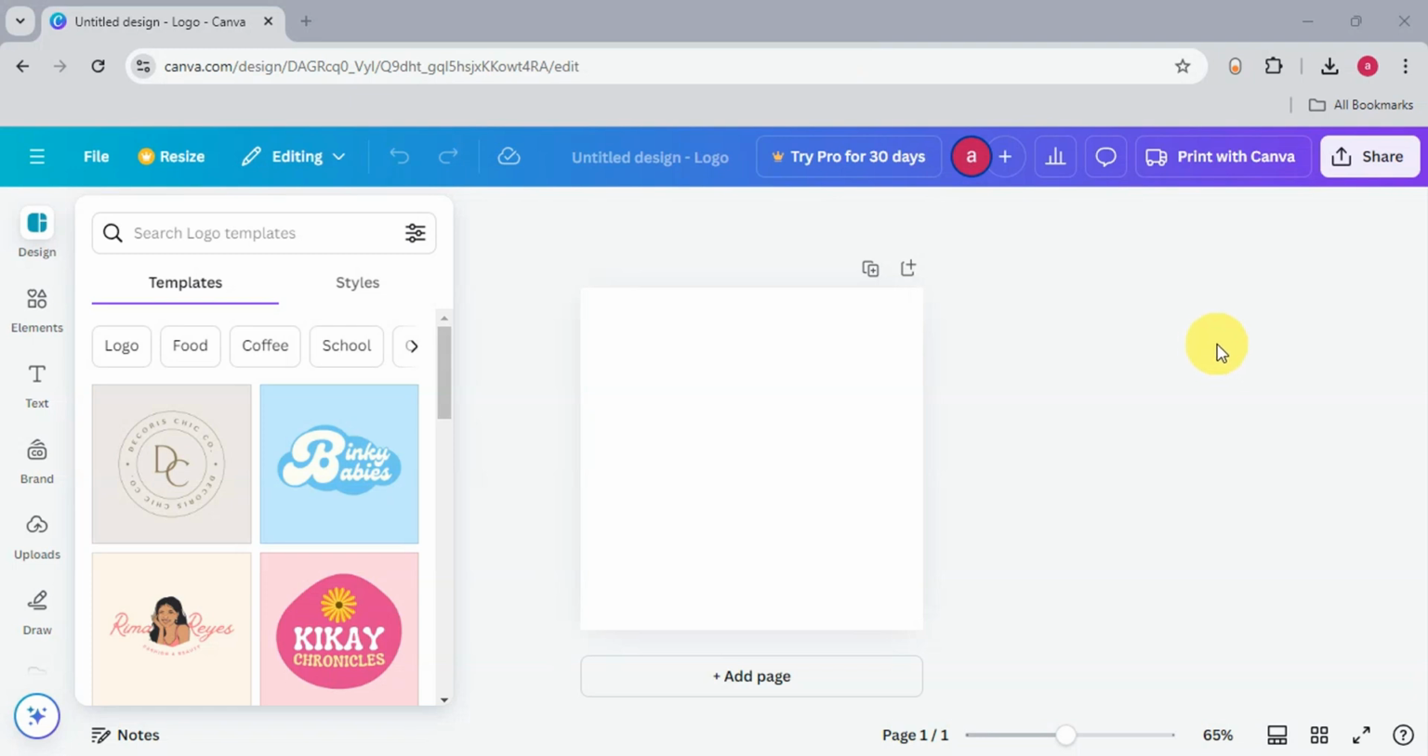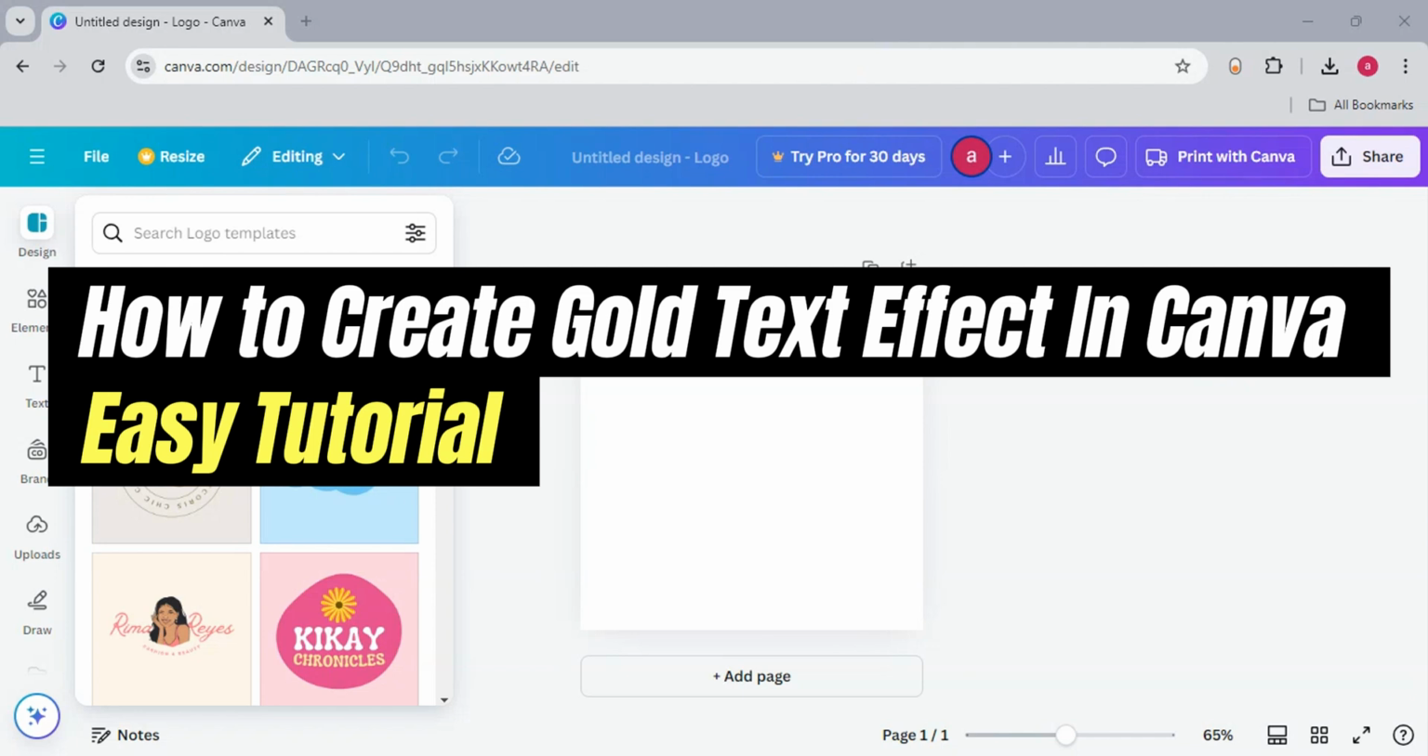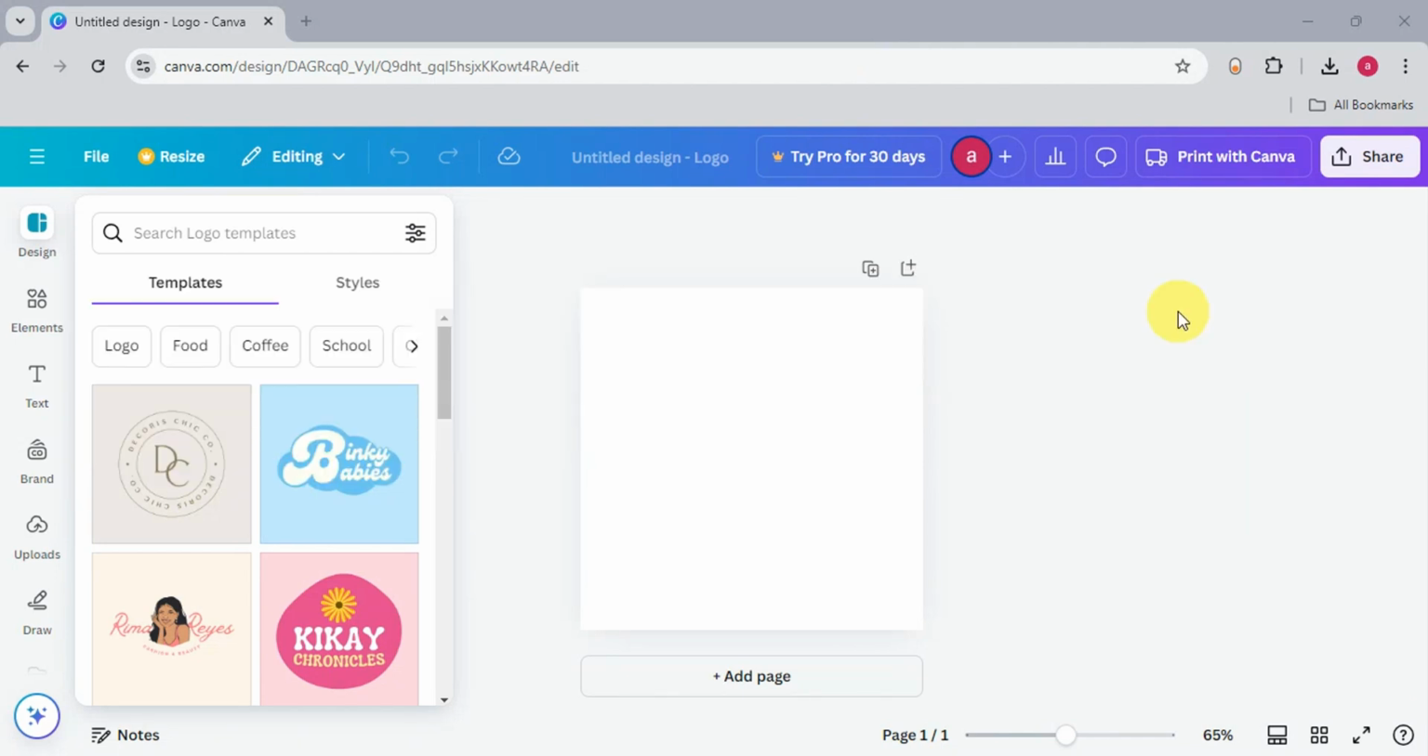In today's video, we'll learn how to create a gold text effect in Canva, an easy Canva gold text tutorial. So for us to be able to begin, you need to make sure that you're on the editing page already. So I've chosen the template for logo in here, and right after that, we'll need to go ahead and head